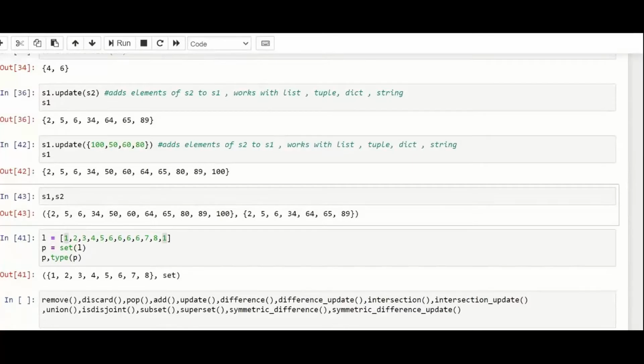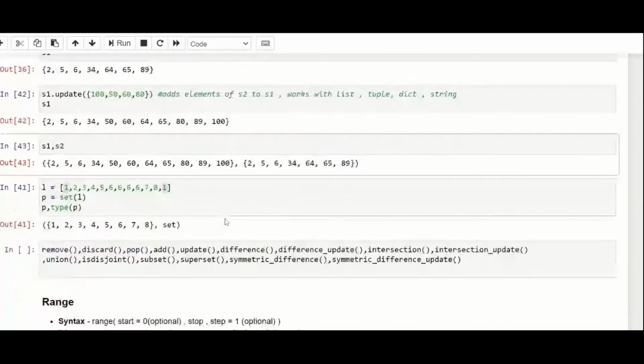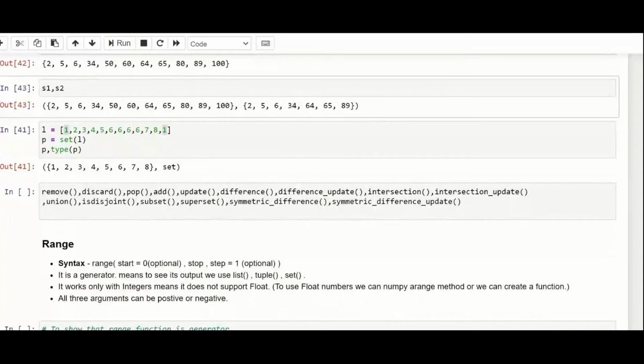In this case, your S1 is a superset because all the values of S2 are present in S1, and S1 also has other values apart from the S2 values. So S1 is a superset of S2, or S1 is the superset of these two sets. So correct, S1 is a superset.